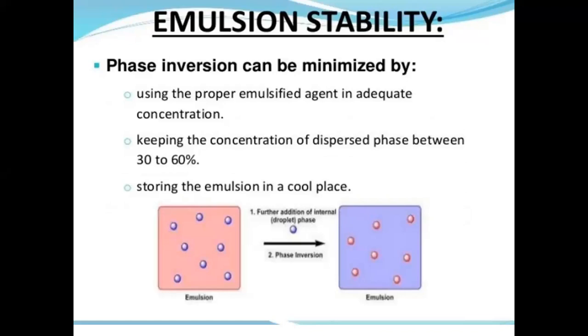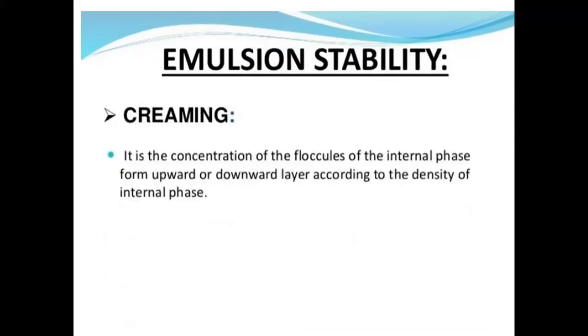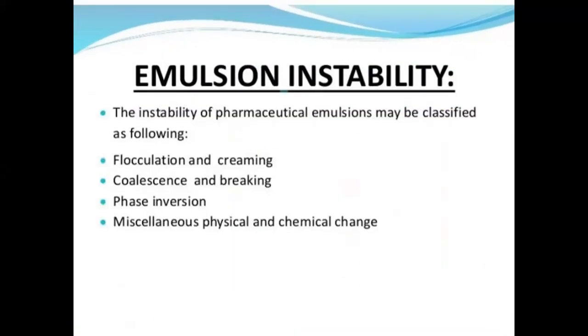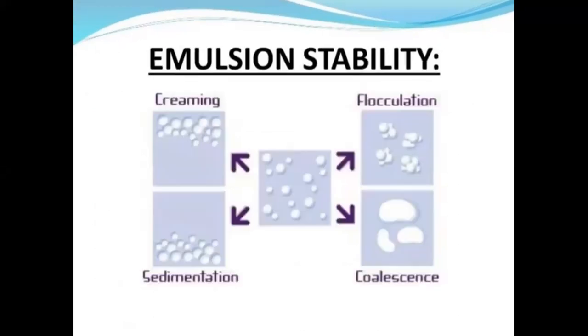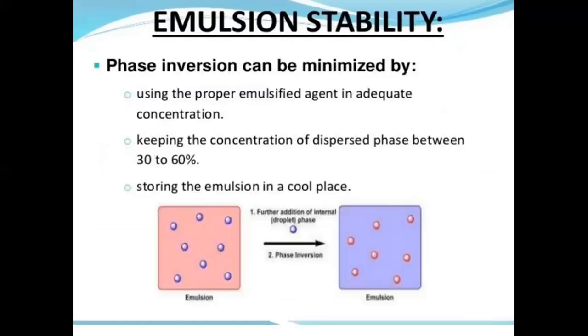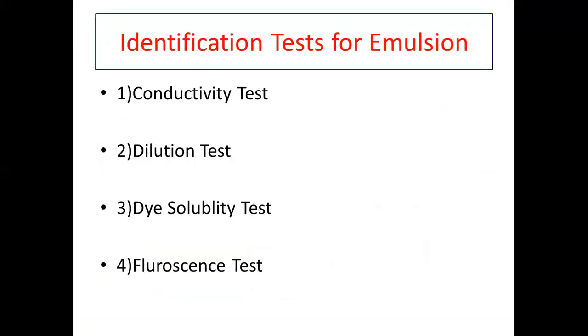This is about stability of emulsion. If proper storage conditions are not maintained, then it leads to coalescence, flocculation, sedimentation, and creaming. Then the remaining last point in this emulsion chapter is identification tests for emulsion. We will discuss it in the next lecture. Up to this, any